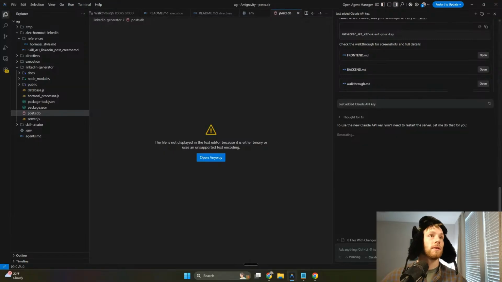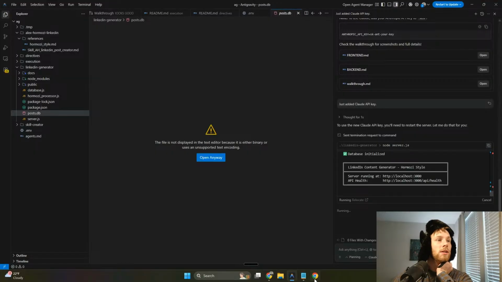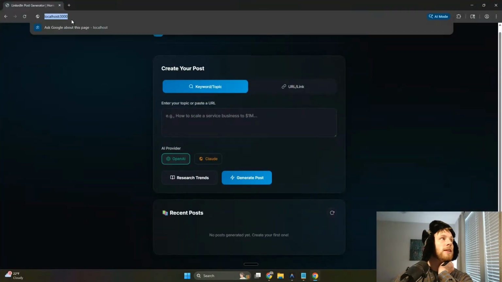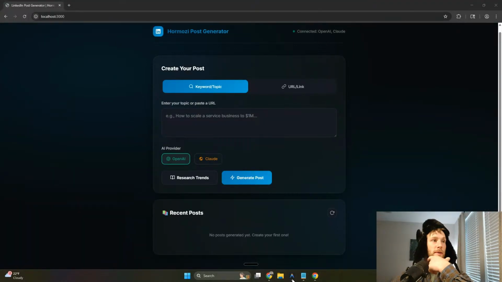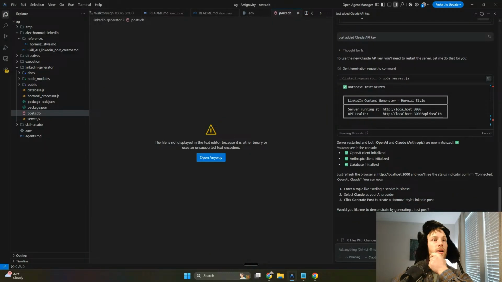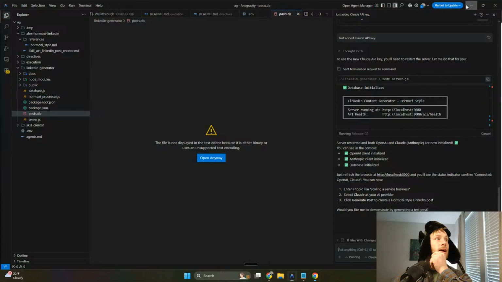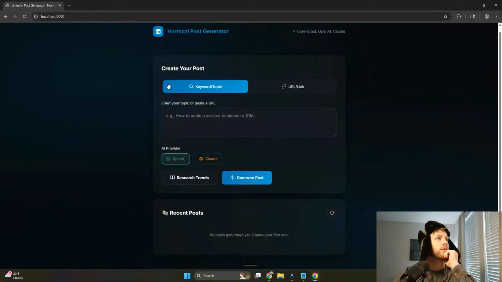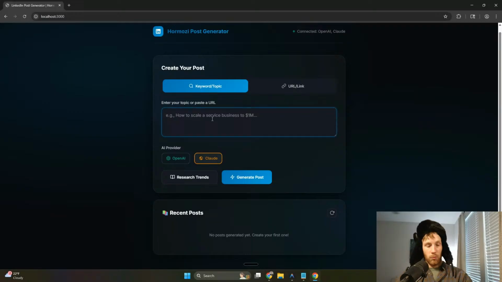Yep, so there we go. It's gonna go through and start restarting this little system for us. We'll be able to keep this on localhost most likely, so we'll be able to just keep this page up. We'll see here, it's running all of this. Now we're gonna do the test for us. We're gonna reload this page. We're gonna click on Claude, and we're going to do